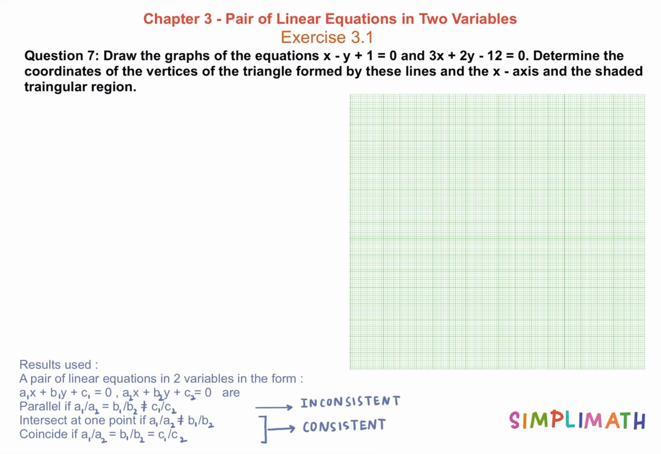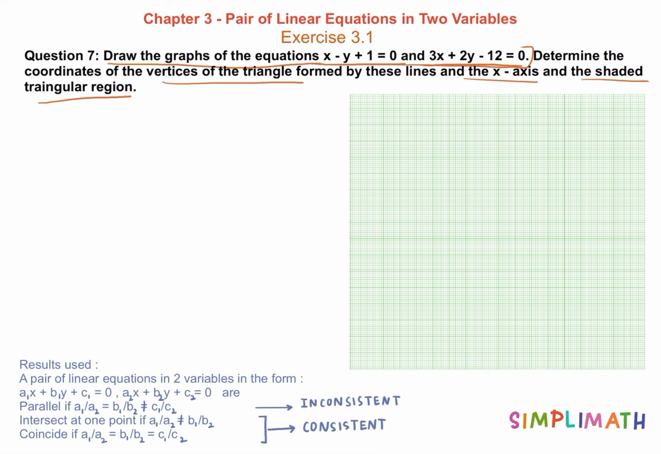In this video, we are covering question 7 from exercise 3.1, and question 7 says, draw the graph of the equations x minus y plus 1 equal to 0 and 3x plus 2y minus 12 equal to 0, and then determine the coordinates of the vertices of the triangle formed by these lines and the x-axis and shade the triangular region. So first of all, let us tackle the first part, that is to draw the graph of